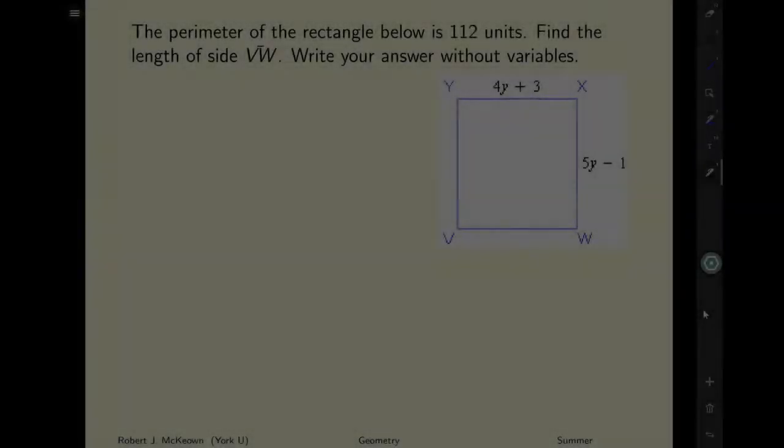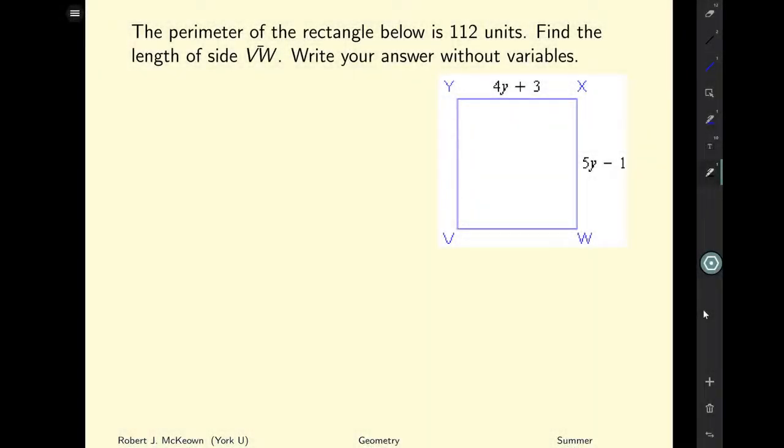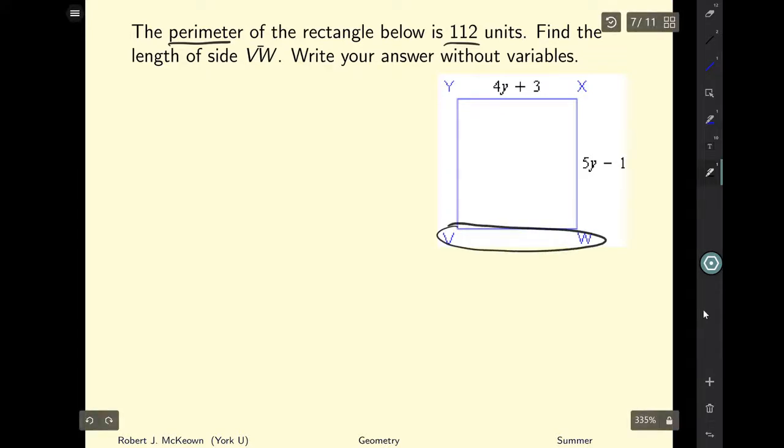We've been given some information about a rectangle. We know that the perimeter of this rectangle is 112 units, and we're being asked to find the length of side VW. So this side right here. It says, write your answer without variables. So we need to solve for